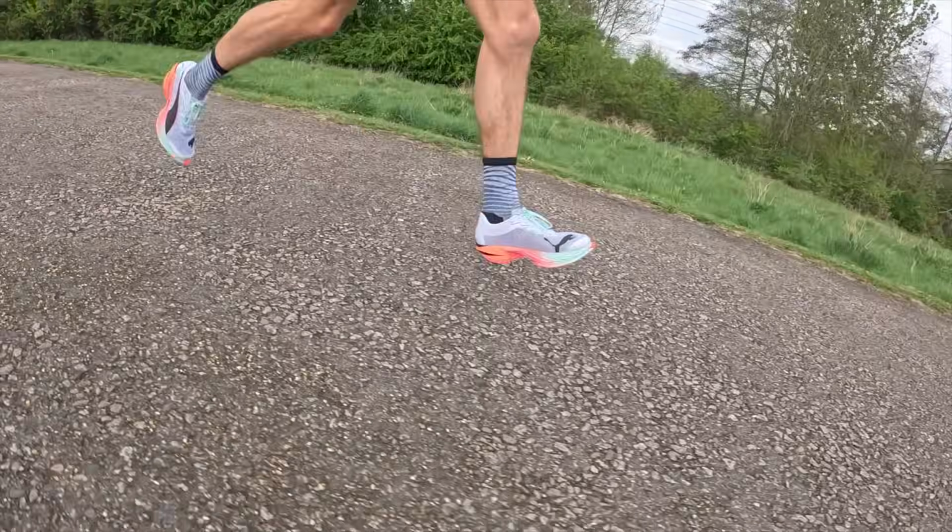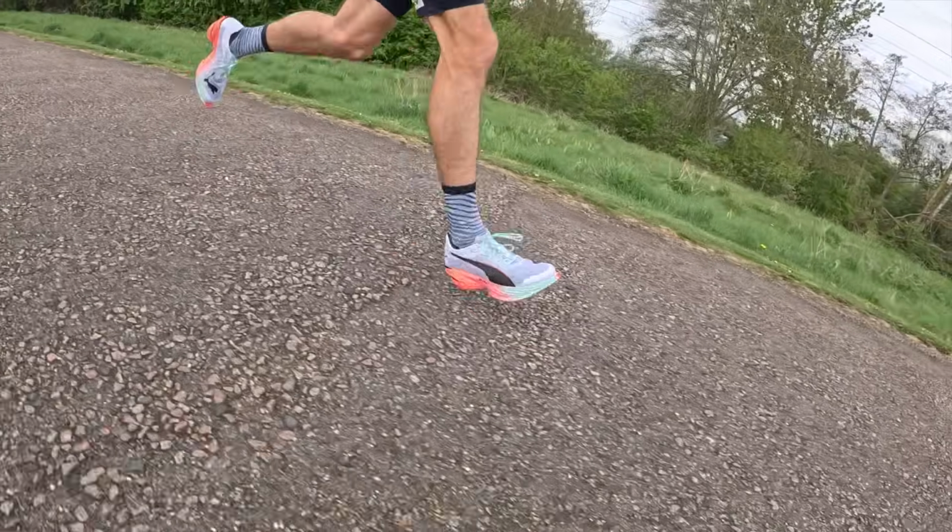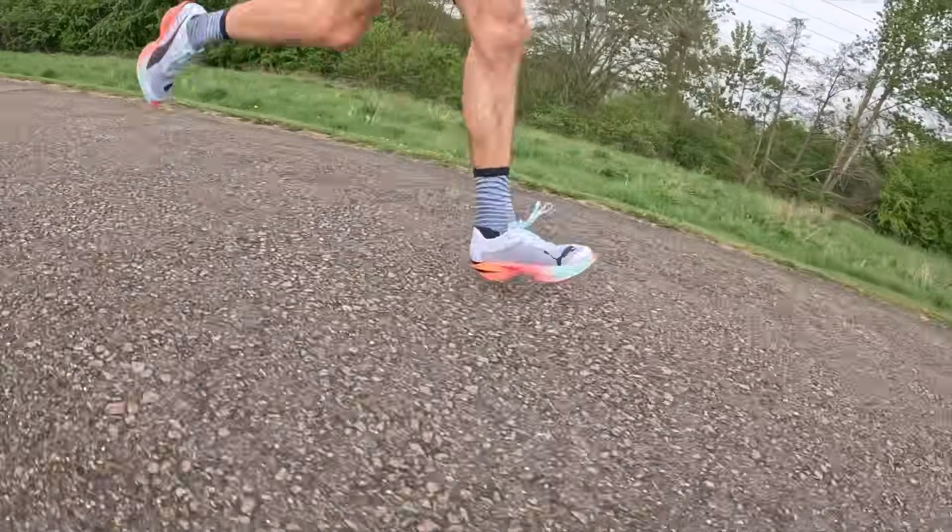So you've got this obviously very rocker design with the extended carbon plate. You've got minimal foam around the heel of the shoe. It really is just built to run fast, and it has that same foam that you get in the Deviate Nitro Elite 3, which does deliver that really nice poppy, responsive feel, but you've got more of a rocker here,